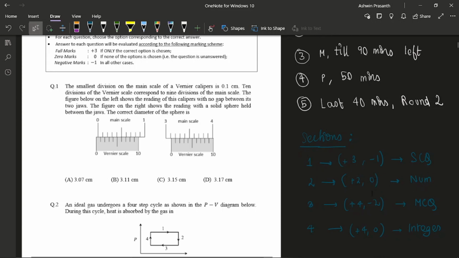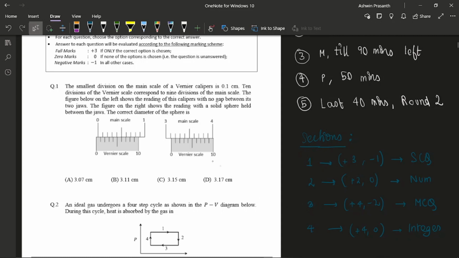I did this because generally what happens is that in the beginning of the paper, you are not completely concentrated, so your accuracy may be less. So it's better to aim at those questions that don't have much weightage, and also don't have much negative marking, so that in case you get it wrong, it doesn't affect you much. So finally, the order I followed was 1, then 2, and then 4 because it had high weightage, and then 3 because it still had high weightage but also high negative marking. So the order I followed was 1, 2, 4, 3.